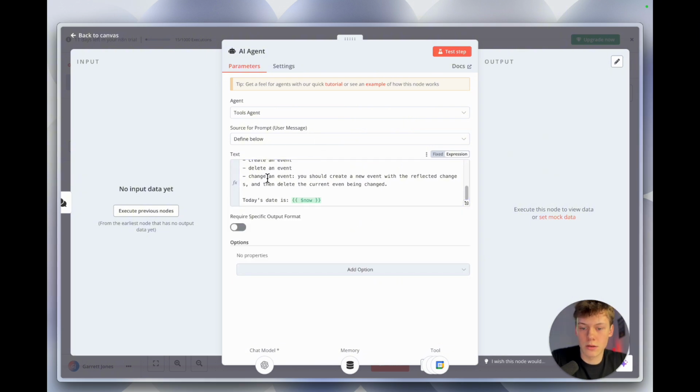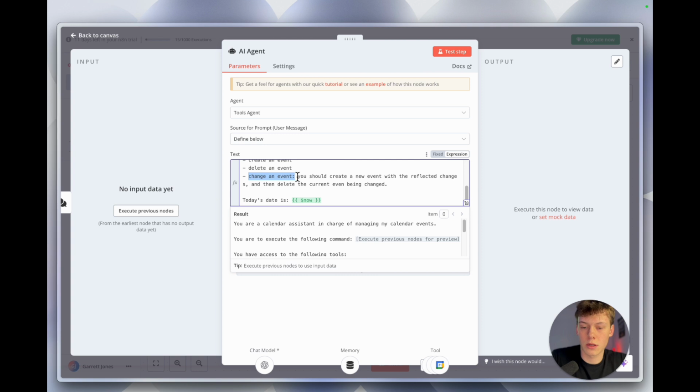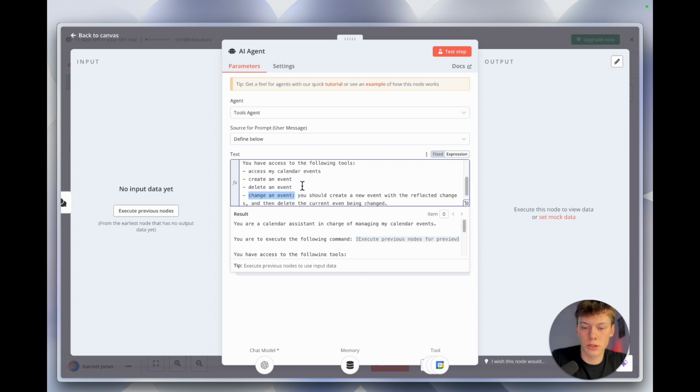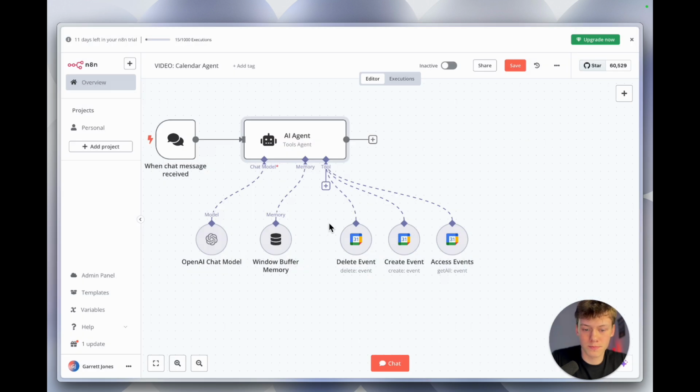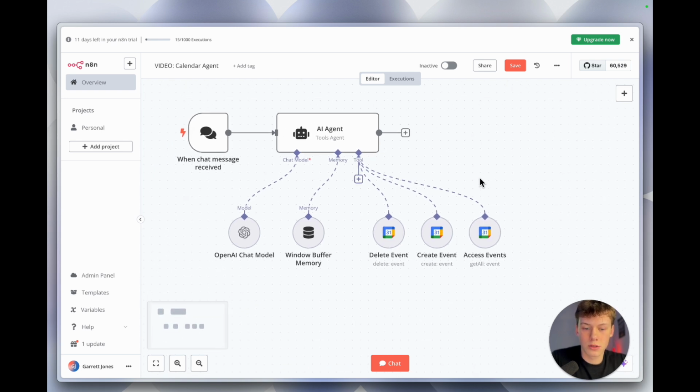So we could just tell it, when it's executing this action, that it should use these previous two tools to create a new event with the changes that we asked it to change, and then delete the previous event that we're actually changing. So instead of having a separate tool out here to actually change the events, we instead just tell it to create one and then use the delete tool to delete the previous one. So that should be all we need